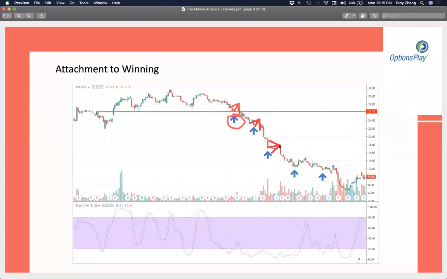And this is unfortunately where sometimes we may get a little desperate and we do things that we wouldn't have done originally if we simply just cut our losses on our first trade. And it's so important that we learn to detach ourselves from this concept of winning, because that winning doesn't get us anything. If you're trying to win in an infinite game, you're going to find yourself extremely frustrated in the long run, because the ironic part is that the pursuit of winning is actually the behavior that causes many of us to ultimately blow up our accounts and lose out in the infinite game that we're playing,